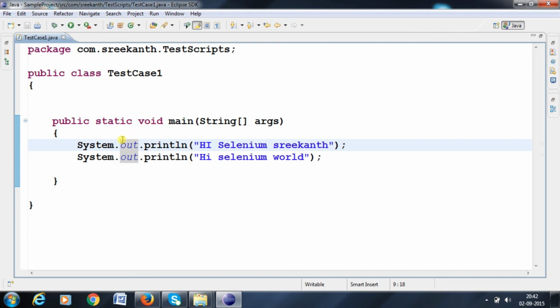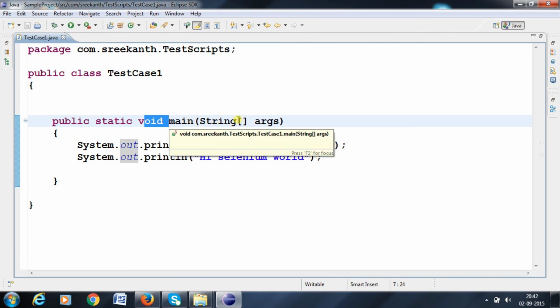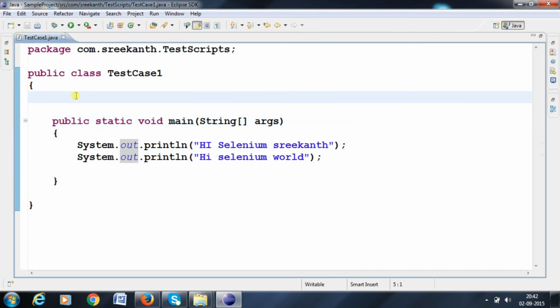Here we can start writing the script, like this, and the printing statement. Whatever manual test cases you have, you can start writing them like this using Selenium WebDriver only. Clear? Many people cannot understand what public is, what a class is, what static, void, main method, and string are. So many doubts will be there because we are test engineers. We don't have that much programming knowledge. So we'll go from the basics onwards.